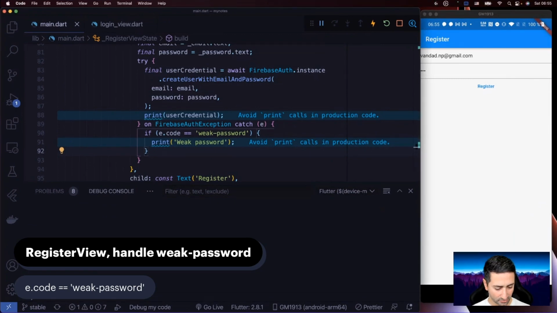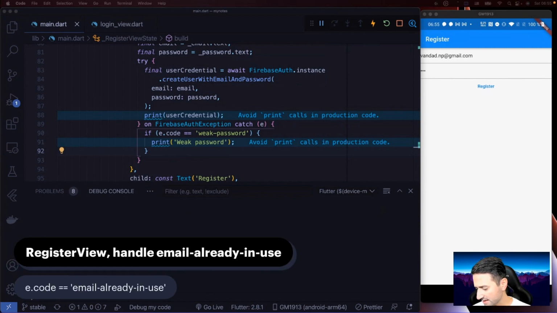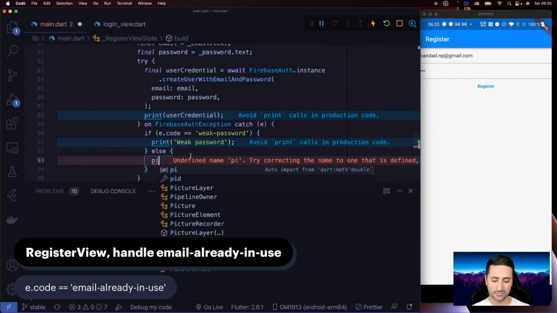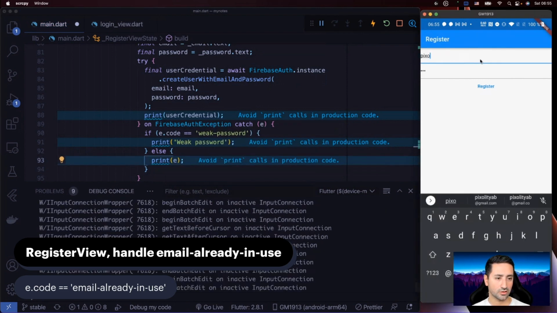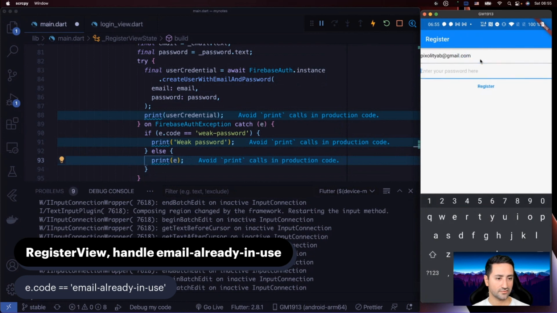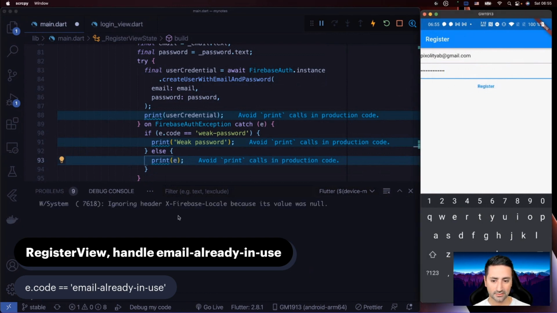The next thing we have to handle is in this register view, as you can see in the caption here, you can also get an error called email already in use. So if you go to the else statement here again and print the e, if I try to register with the same email that I'd registered before, this user already exists, and even if I have quite a good password for this user, so I'm going to say foobarbas1029., so we know that the error is not going to be the password, it's actually a good password. Well, better than foobarbas at least, and then ABC. So I'm just going to say register, and